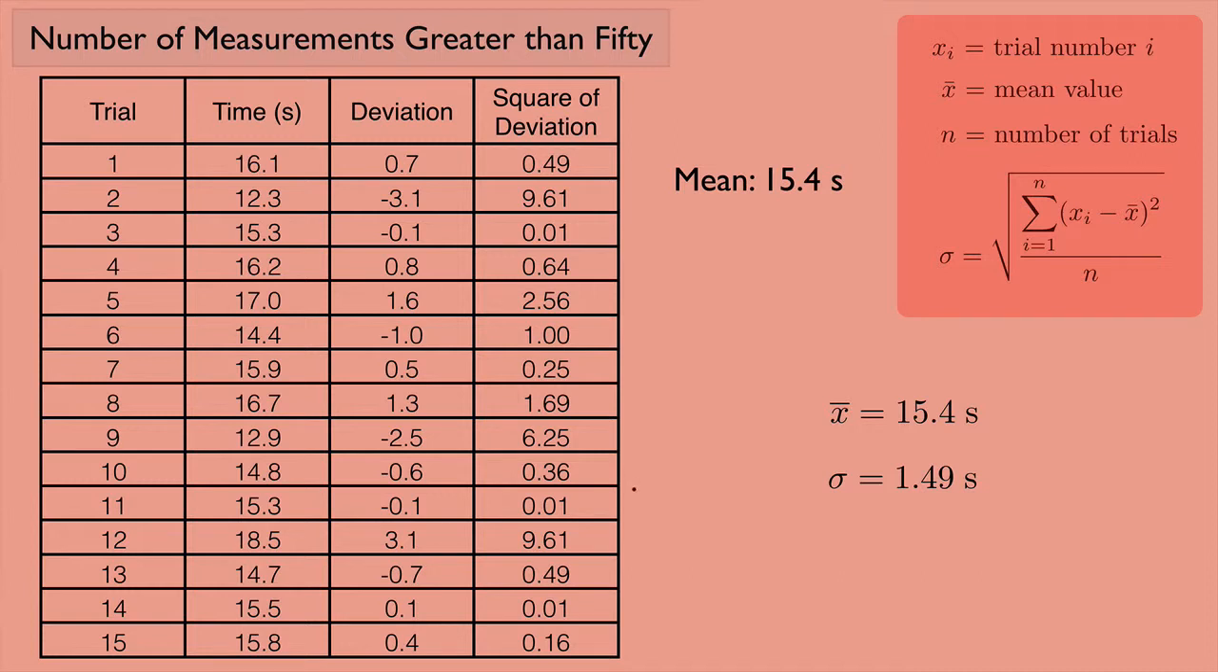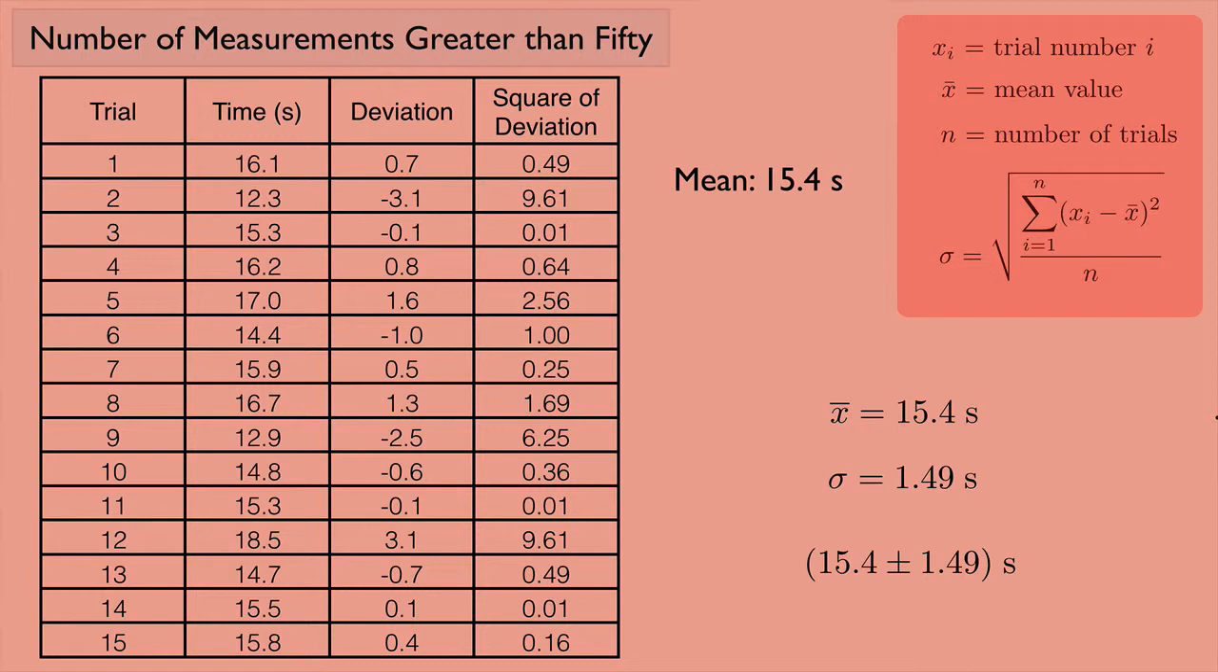1.49 seconds. I don't know if I mentioned, but this symbol right here is a lowercase sigma, while this thing in here is an uppercase sigma. So this is the symbol that you sometimes see for standard deviation. So in this case, it's 1.49 seconds, so we would quote our measurement and uncertainty as 15.4 plus or minus